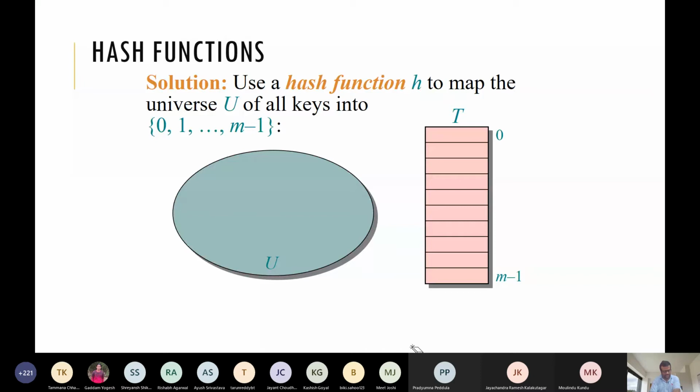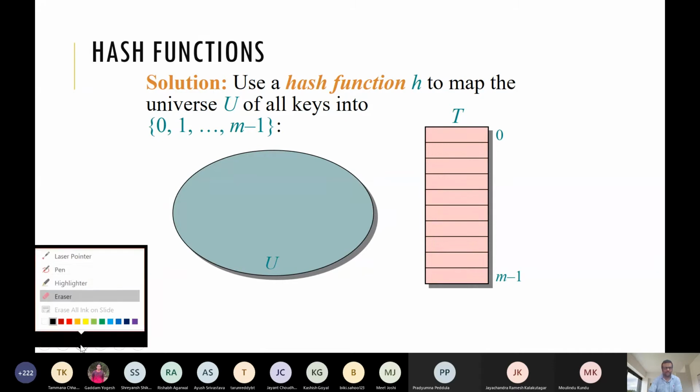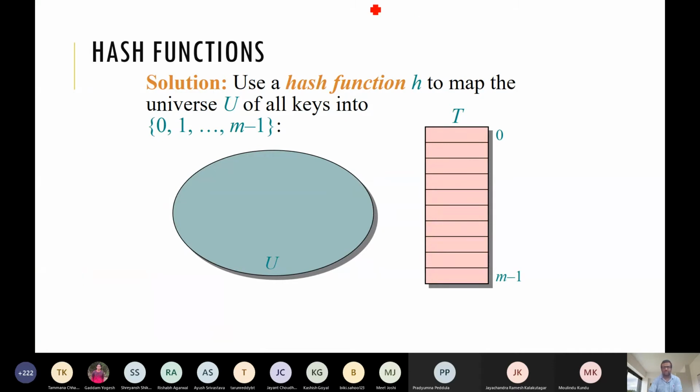We introduce the new concept which is called a hash function. So what is a hash function? We are not restricting our key size, so the key could be anything. This is our set of keys U. U could be anything, 64 bit or any arbitrary size, any big numbers.